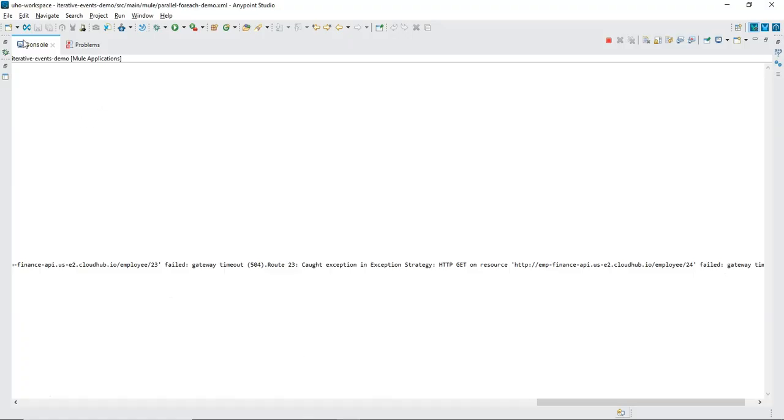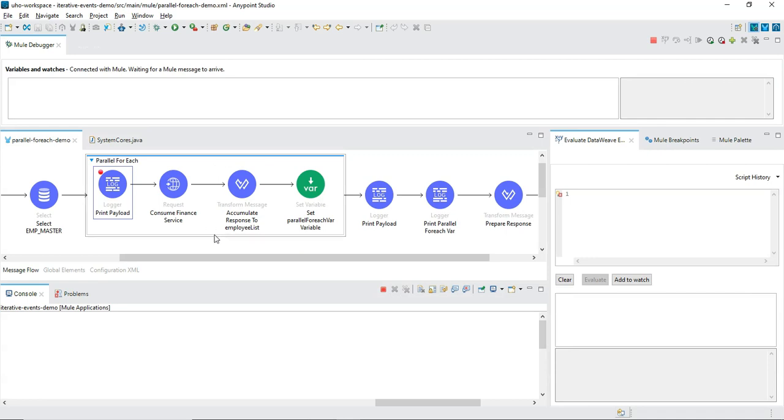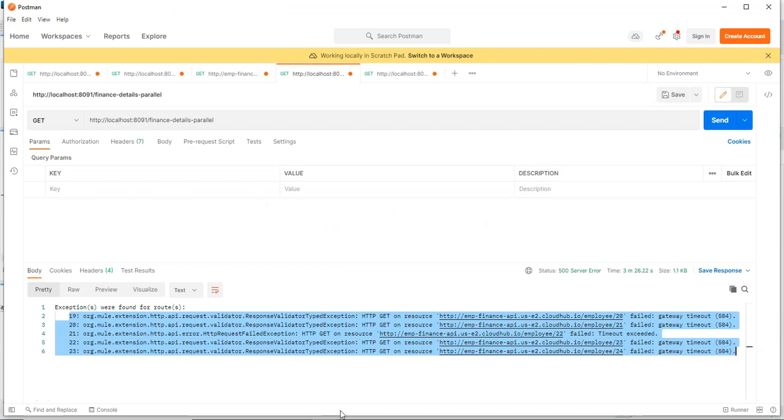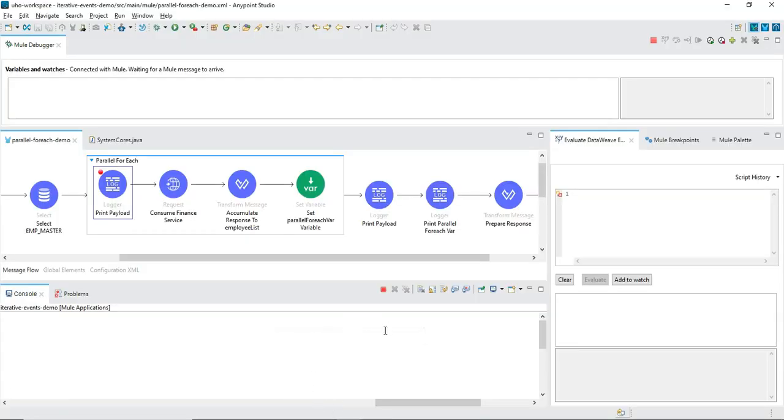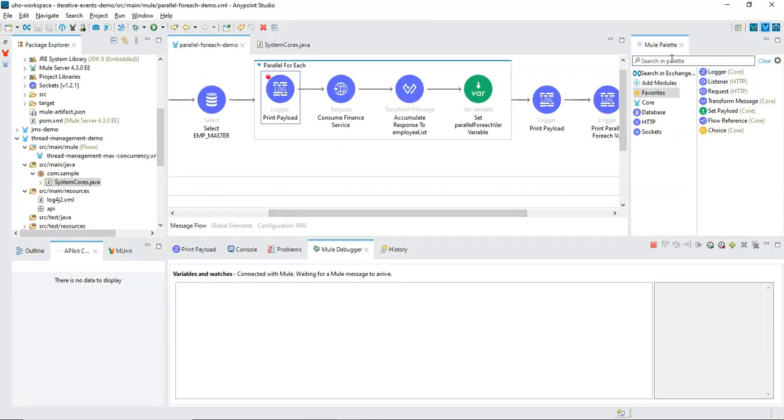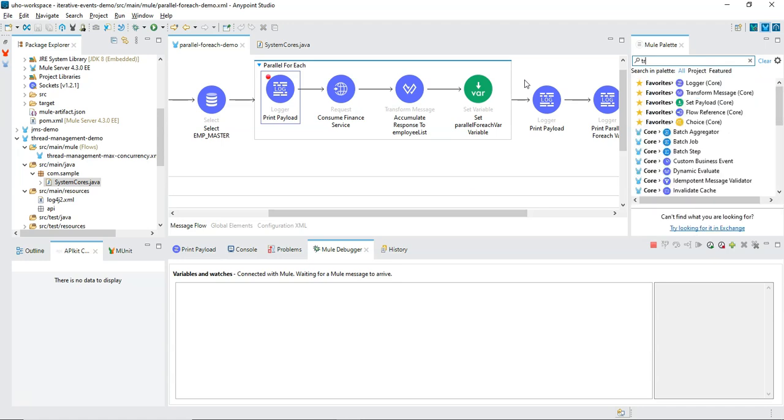In such situations we can handle this composite error like this, so that the user gets to know the process has failed, then the user will make another request or reach out to the support team. Whereas if we want to handle the processed records as successes and keep track of failed records, we can have a backend process which retries those events again. Then we need to handle those situations with error handling. So for that, let me introduce error handling here.